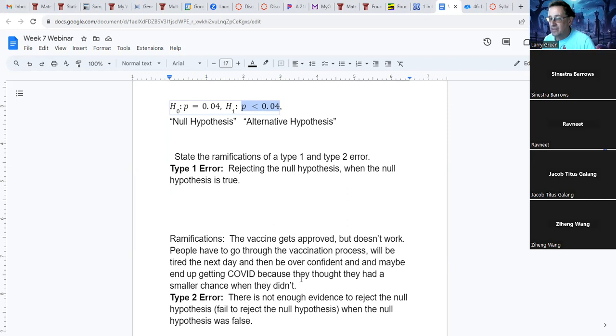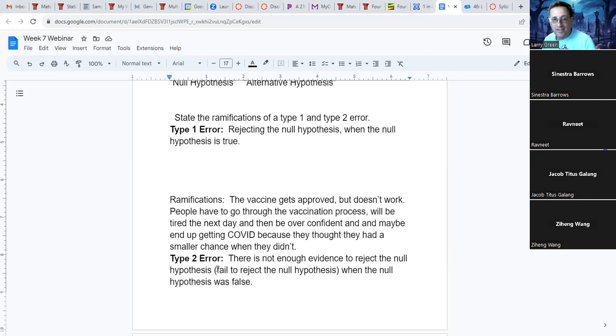Any questions on that? Okay, type 2 error is the opposite. That means you're not able to show that P is less than 0.04. So if you're not able to show that P is less than 0.04, then the FDA is not going to approve the vaccination. Okay? But the vaccination works because it's an error. So we don't have enough evidence to reject the null hypothesis. We also call that we failed to reject the null hypothesis